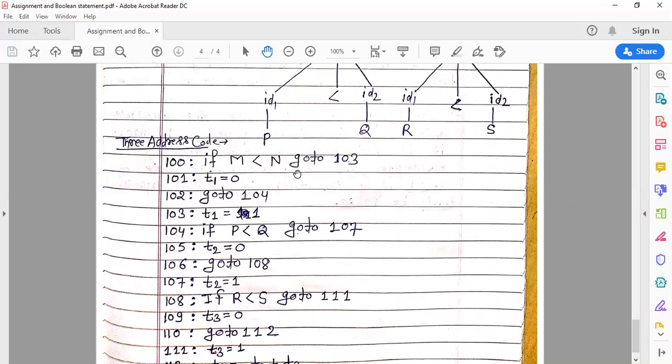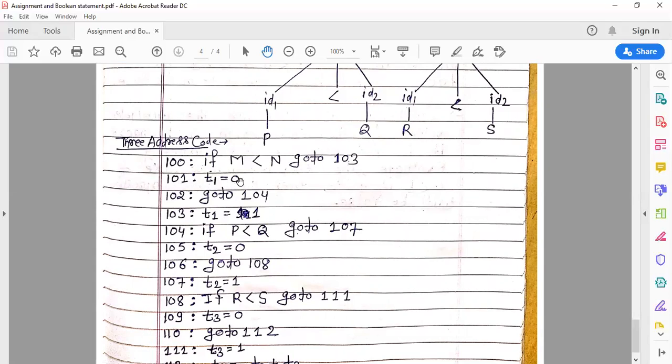Again, you can see in the first line, if this condition is true, then we go to 103. And what is 103? t1 is equal to 1. So t1 is equal to 1 means we have the true statement, and t1 is equal to 0 means we have false. If M less than N is not satisfied, then our control goes to 101 and t1 is equal to 0.